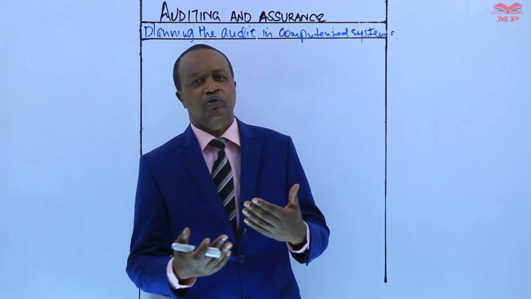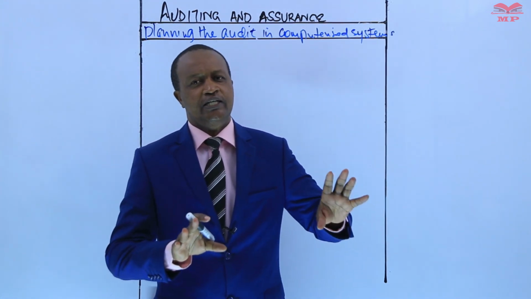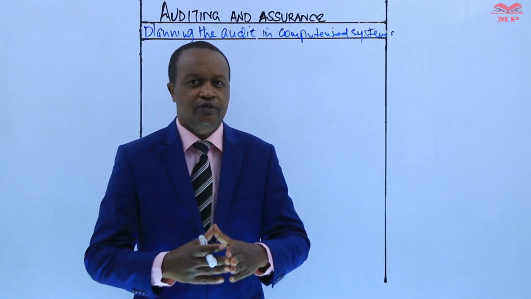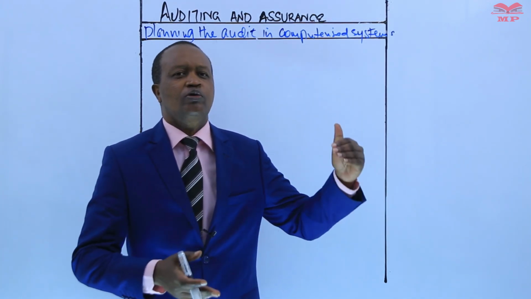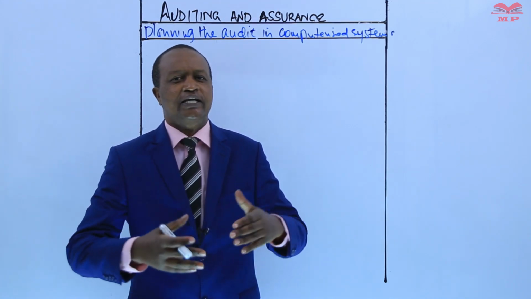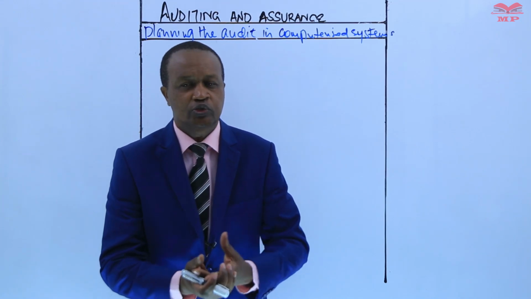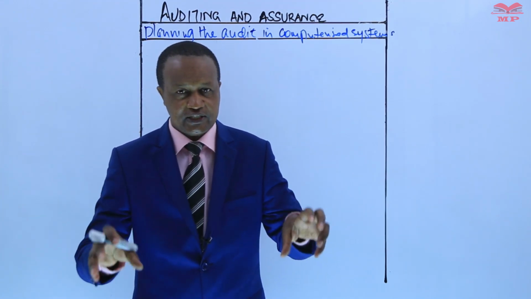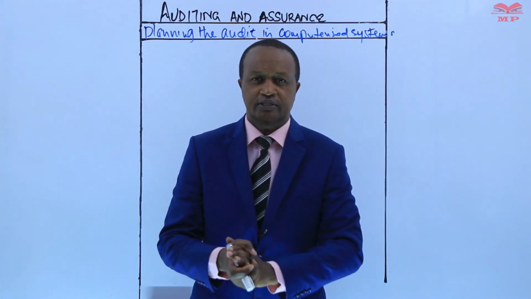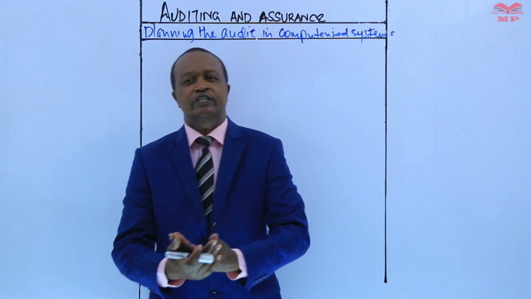In today's lesson, we are going to study how to plan for an audit in a computerized system. Planning an audit in a computerized system requires a thoughtful and systematic approach due to the unique complexities and risks that are associated with computerized systems. So we're going to identify some of the key steps that are involved in planning,